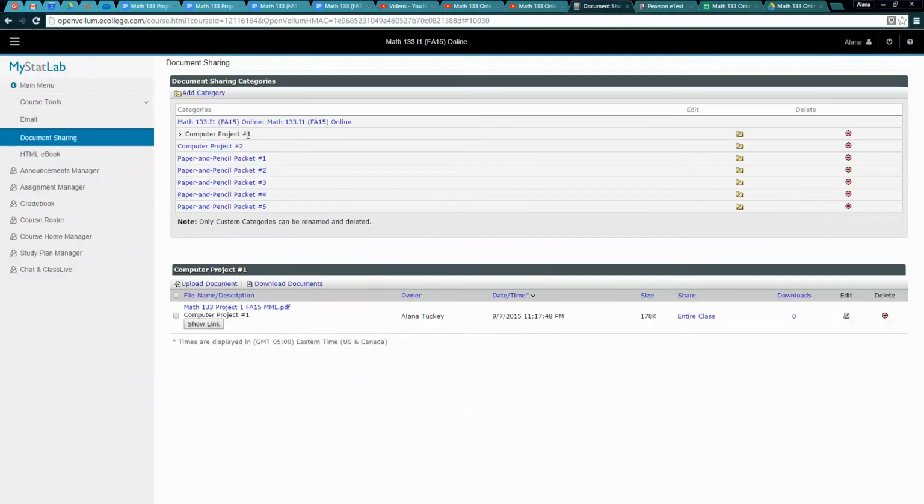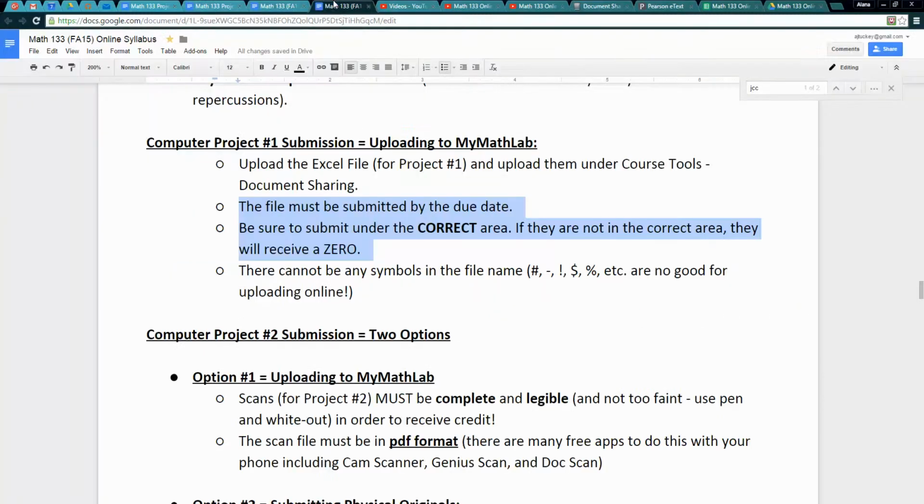Make sure that it's under computer project number 1 if it's for project 1, or project number 2 if it's for project 2, etc. Okay. Then there cannot be any symbols in the file name. This is a big problem. So a lot of students try to put